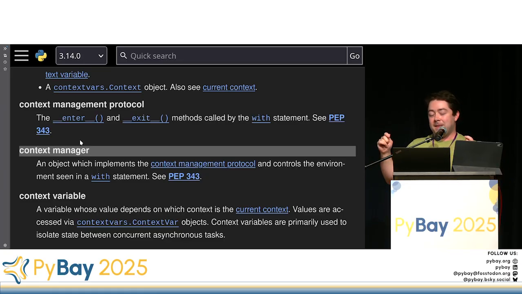So this is the technical definition. If you have an object and you implement enter and exit, then you have a context manager. And it's something that can be used in the with statement. If you follow the docs here by clicking on with,